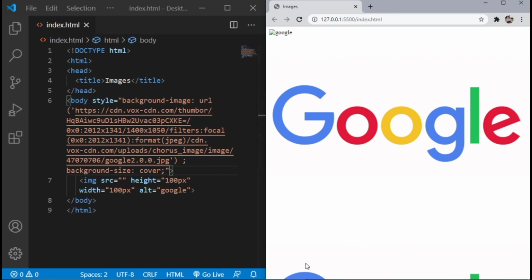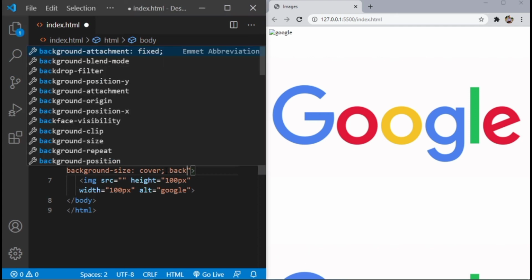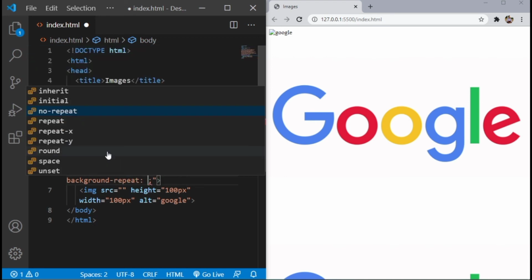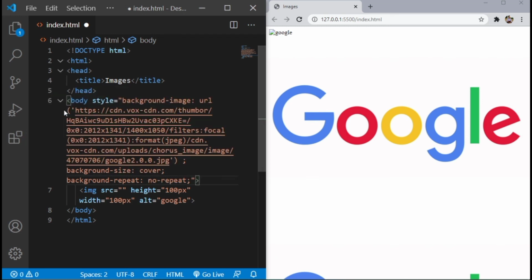So to remove this part we can use another property called background-repeat. So here is our property, and we have to specify the value of no-repeat here. So save the file, and now you can see the extra part is gone from here. So that's how you can set the background image in the HTML file.